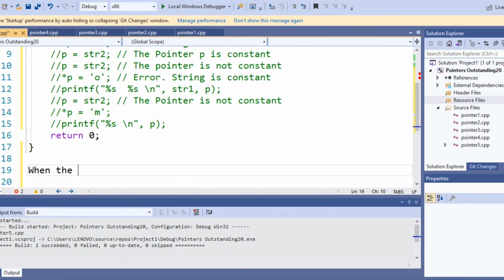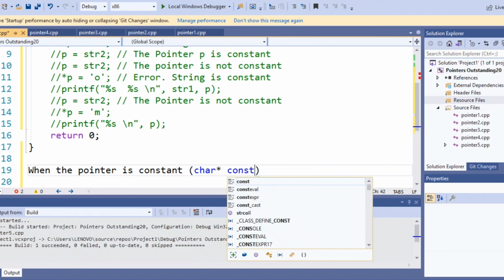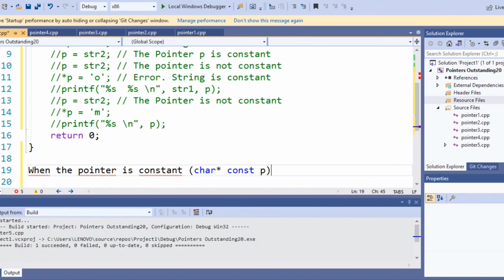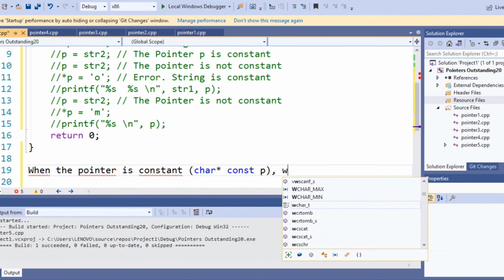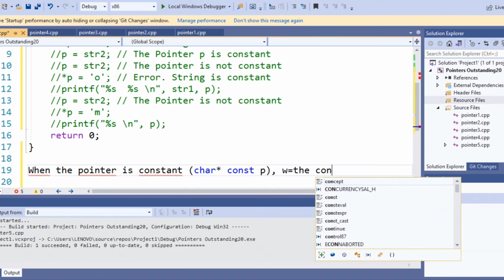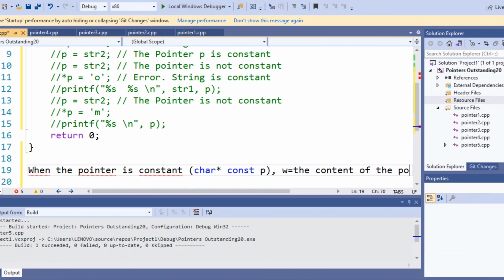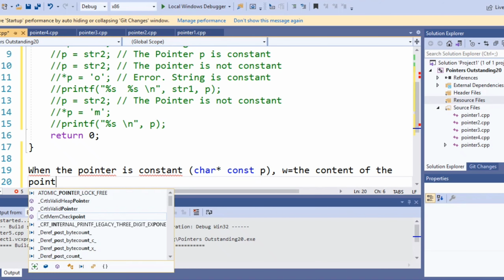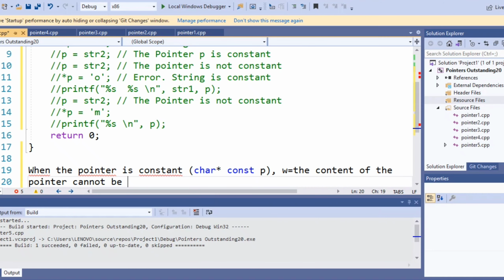So let me make a conclusion here. When the pointer is constant, that is, we say char star const p, the content of the pointer cannot be modified.